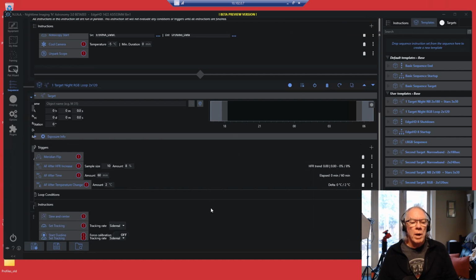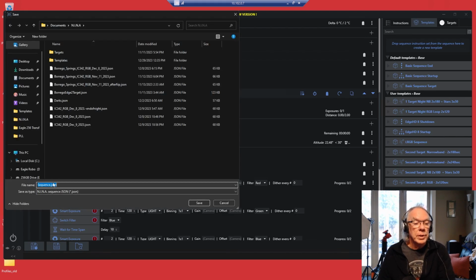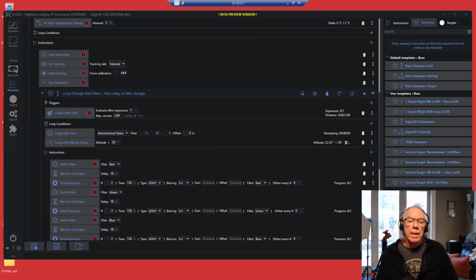Now, if I wanted to save this to run again, I would come down here and I'd save complete sequence, and I'd just call this one sequence, and then I would save it, and I get a successful save. And then if I was shooting using this on one night, the next night I could just load that template, and it would be there for me.